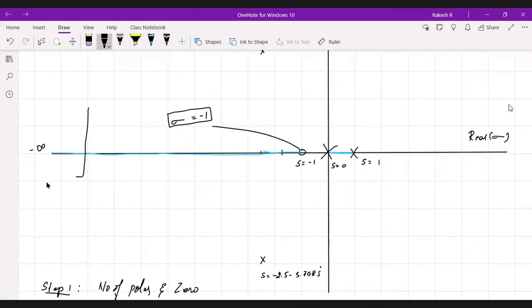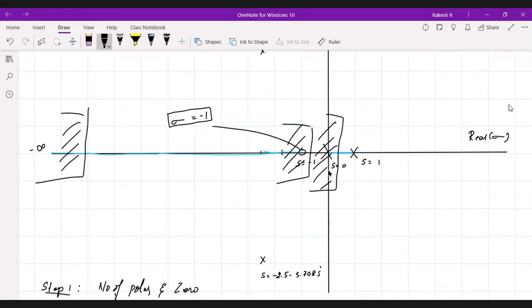So we need to neglect towards the left and count towards the right. See what we have: 1, 2 and 3 roots. Similarly, if you are counting in between -1 and 0, you need to neglect towards the left of this and count here. So we have one here, two for -1 and 0, and for -infinity and -1, you will have 3.